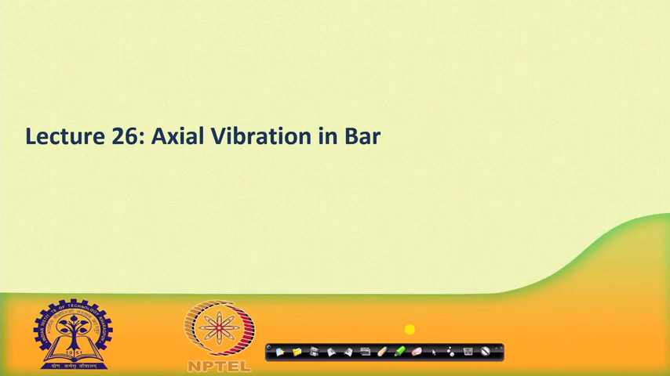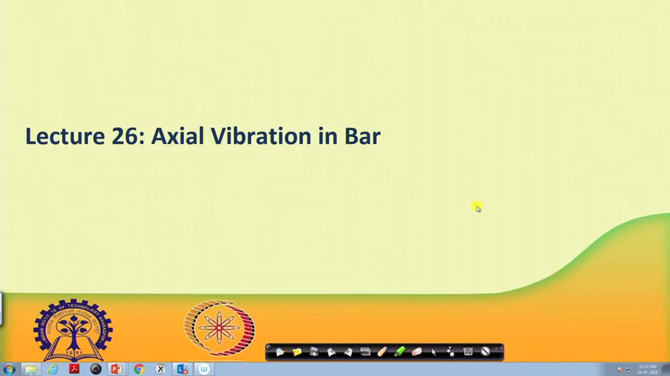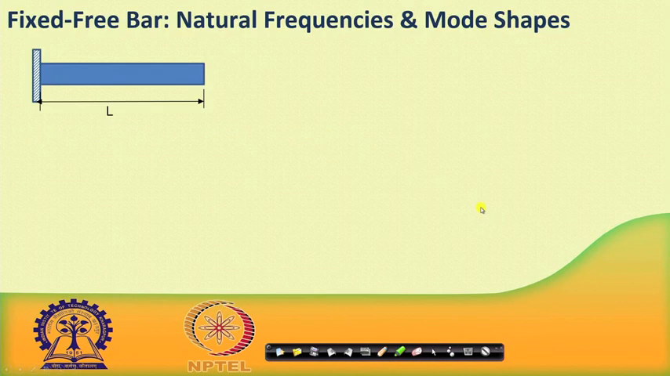This is the second lecture on continuous systems, where we will still be talking about axial vibration in a bar. We will look into how to find the natural frequencies and mode shapes of a bar or a rod, if you want to call it so, for axial vibration. In the last lecture we talked about finding the equation of motion, or the governing equation, for